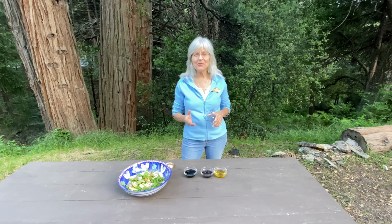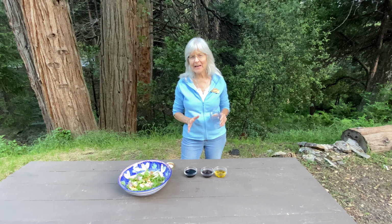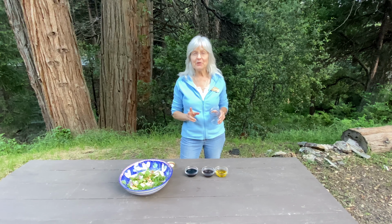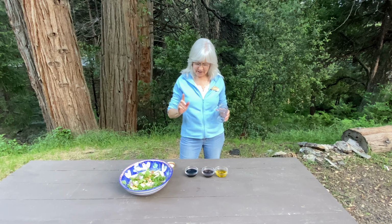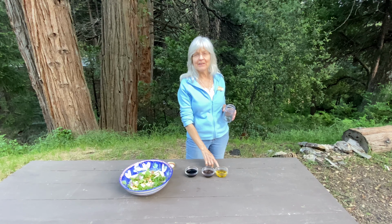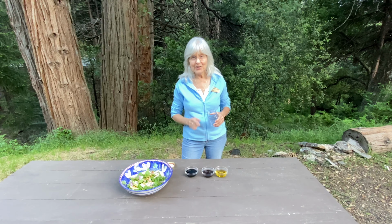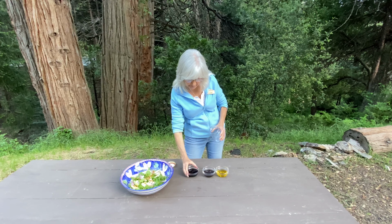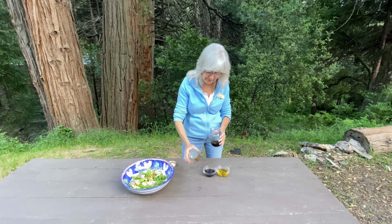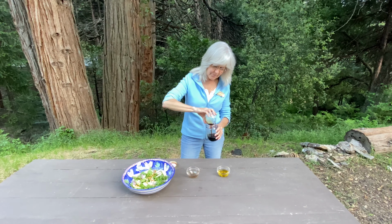So I wanted to share with you my very favorite salad dressing, and it tastes great on the miner's lettuce chickweed salad. It's 3 simple ingredients. I've got balsamic vinegar, maple syrup, and olive oil, and it's only 1/3 of a cup each. So I'm going to put it together right now. This is 1/3 cup balsamic vinegar, 1/3 cup maple syrup,